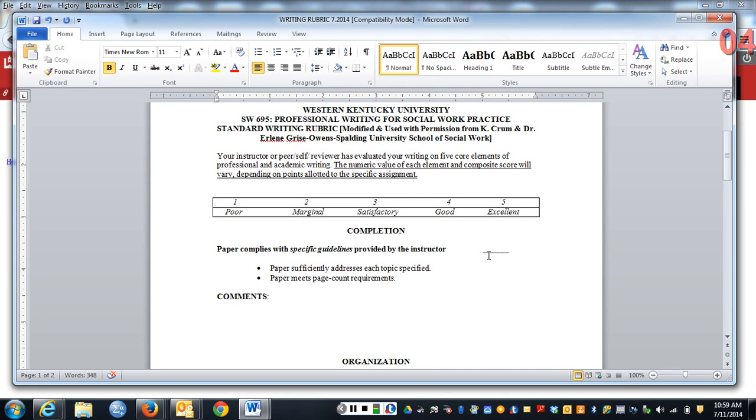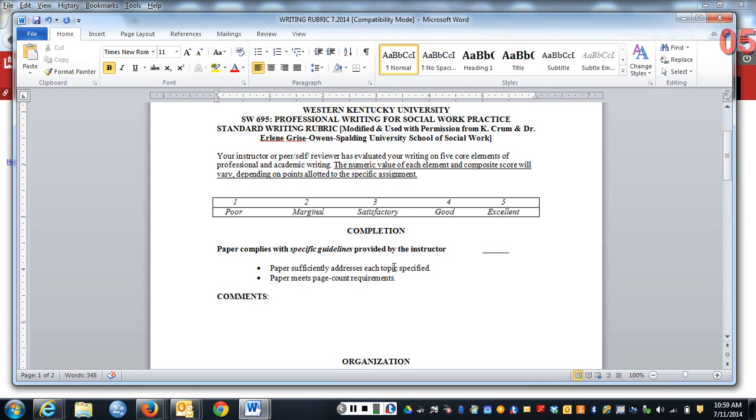If it left out one of the topics, that's probably a 4. And then in the comments you would write, I did not see where you addressed this specific topic, and you would tell them what the topic is. Or if it's maybe satisfactory, it's within the guidelines, but even though it talked about the topics, it did not sufficiently discuss each topic. So the topics were poorly